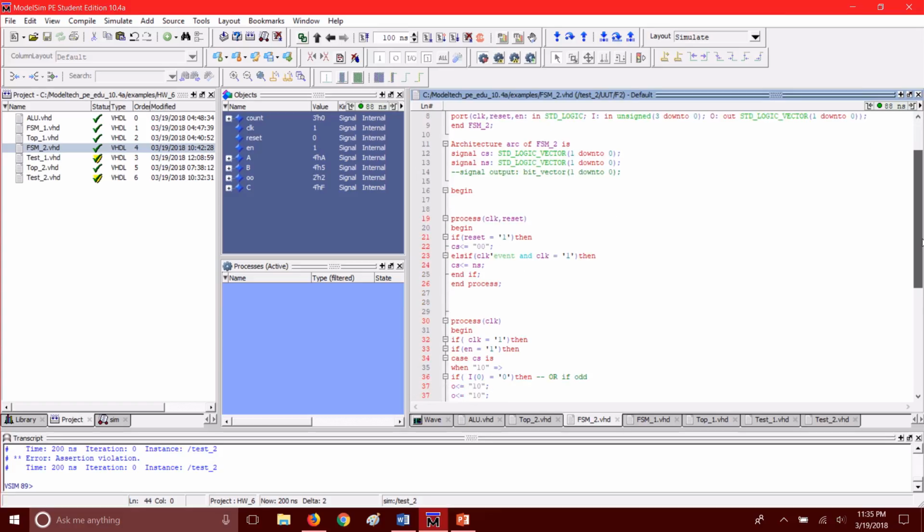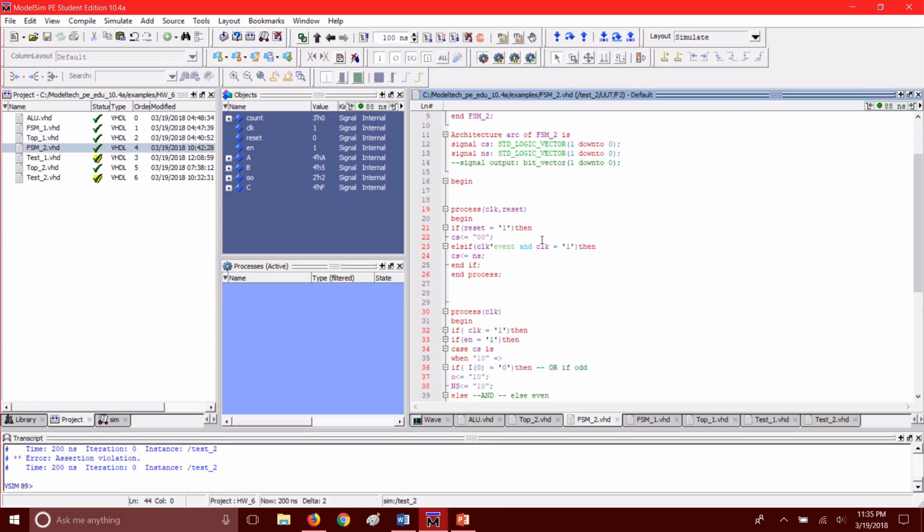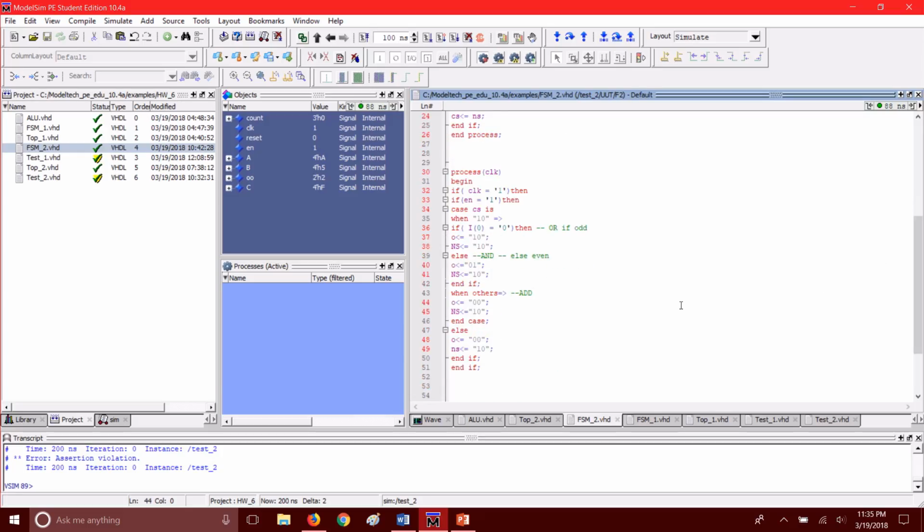So, like normal, clock and reset. If reset's 1, state's automatically 0, 0. Else, if it's a clock event, the next state will determine what the current state is equal to the next state. Okay? So, in the next process, if enable is 1,